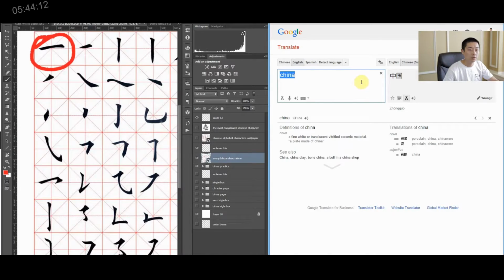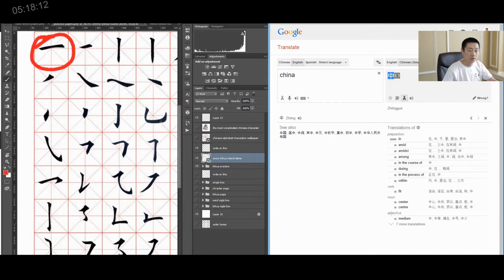Today we go back to Google Translate again, but this time I don't want the pinyin. I want the Chinese words. So in this example, China is made of two separate characters, 中 and 国. So if I want to learn how to write these two words, I can just select and copy the first